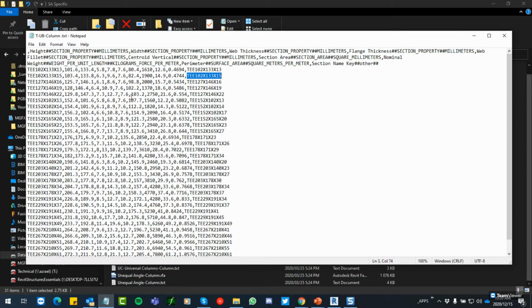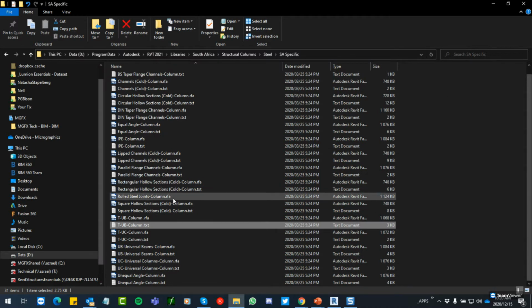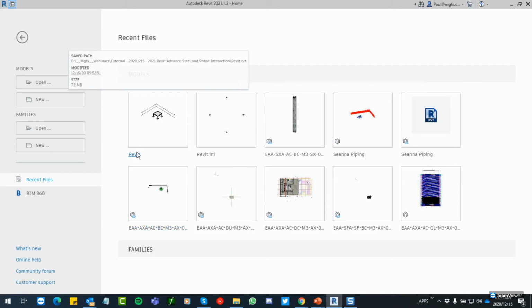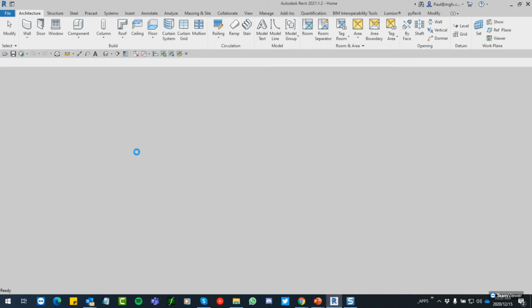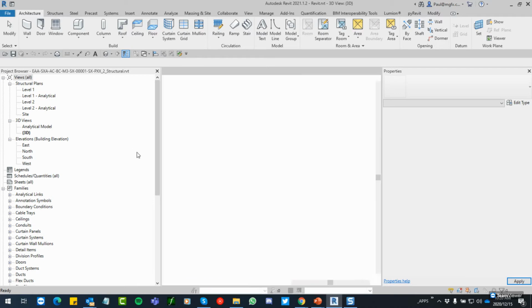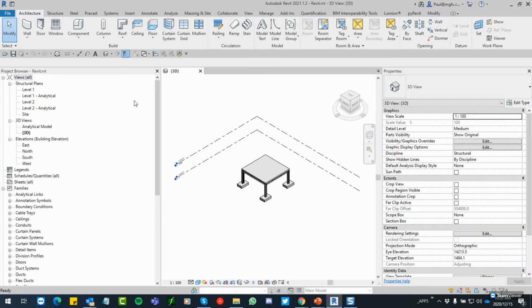But very importantly, is to understand that you shouldn't be editing these sections because they are set for South Africa. So usually when we work in Revit and we want to duplicate a family and change the size, I would not recommend you do that to these families because this is what you get from the suppliers. And if you start editing that, not only will the structural analysis be incorrect, but you wouldn't be able to buy it even. You know, you would have to substitute it with something else. So